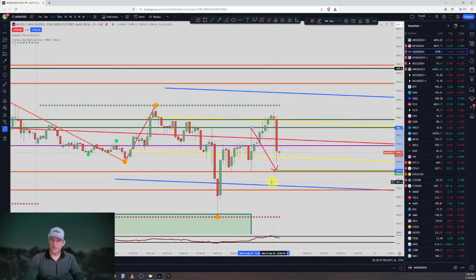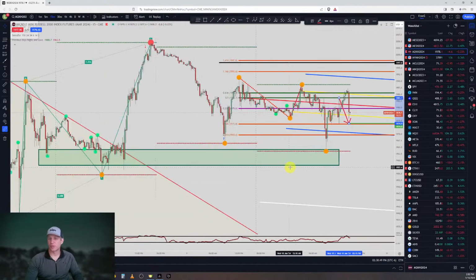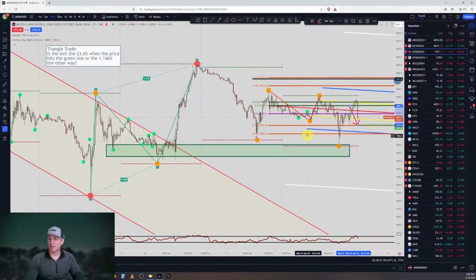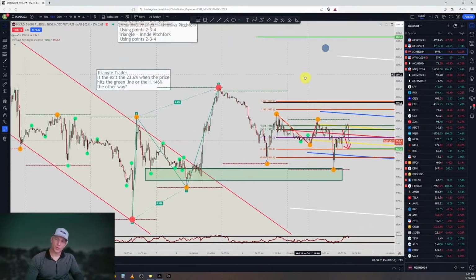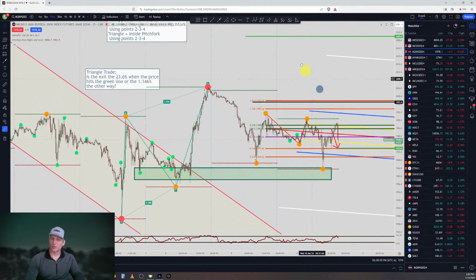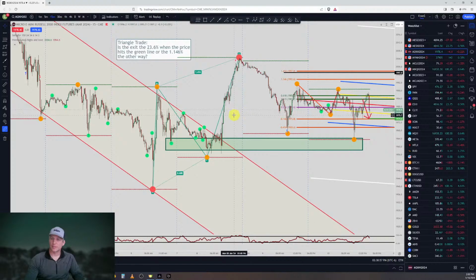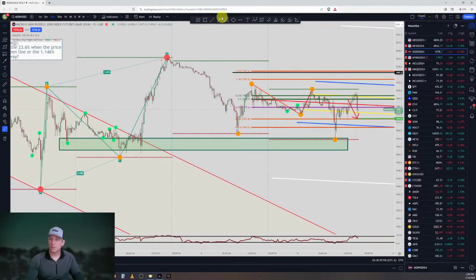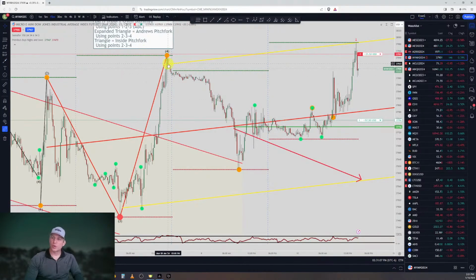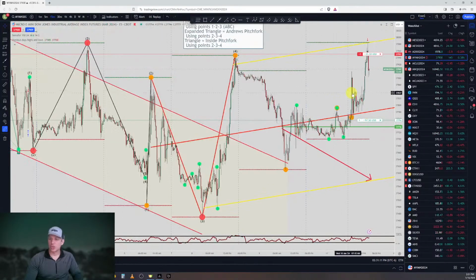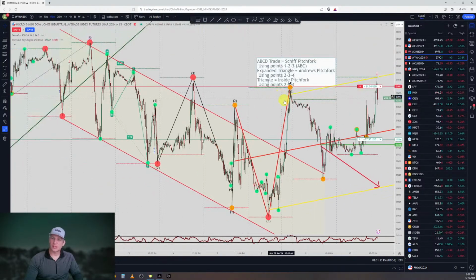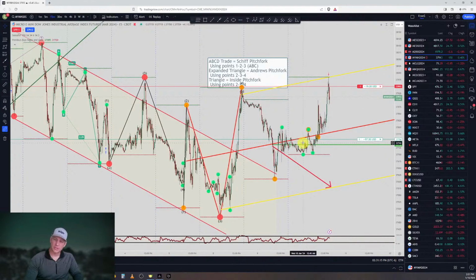Down, we're looking at the 50 down to the 1.146 to a short right there for that one, and so that's a quicker trade than this one that we're looking for right here, where we're looking for the price when it hit right here to go up, and that's going to be the exit of the black line right there. All right, so for the Dow Jones, this one is still looking like it could be a potential move to